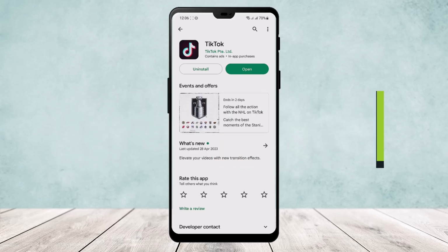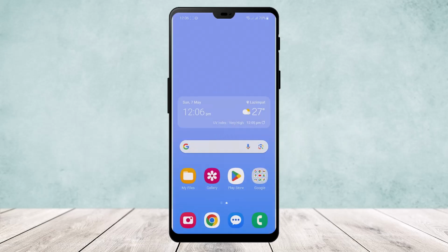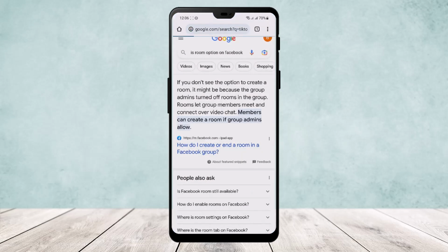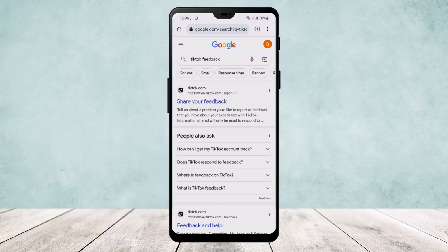Today I'll guide you on how you can recover your TikTok account without email or phone number. Now, if you want to log into your ID but you don't have access to your email or phone number and you forget the password, what you want to do is head over to your Chrome or any browser that you use and search for TikTok feedback. Now, once you search for TikTok feedback, your very first link should be an official TikTok website asking you to